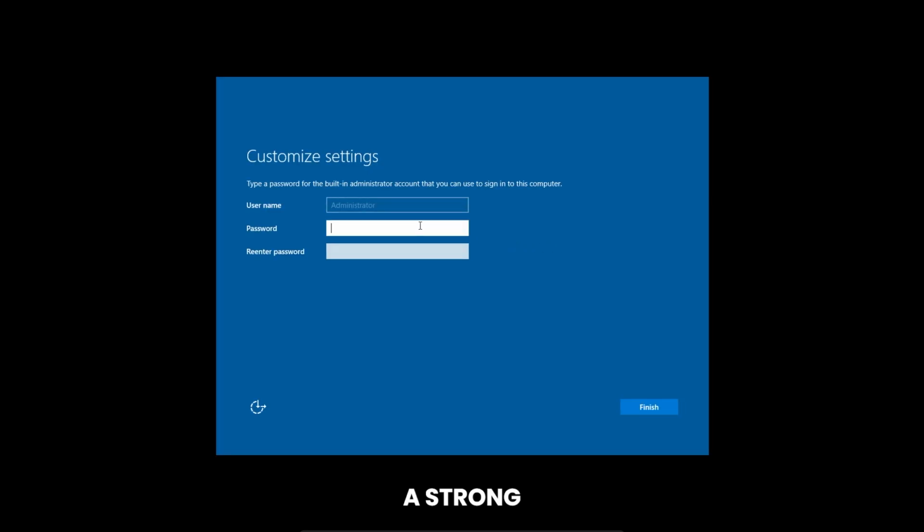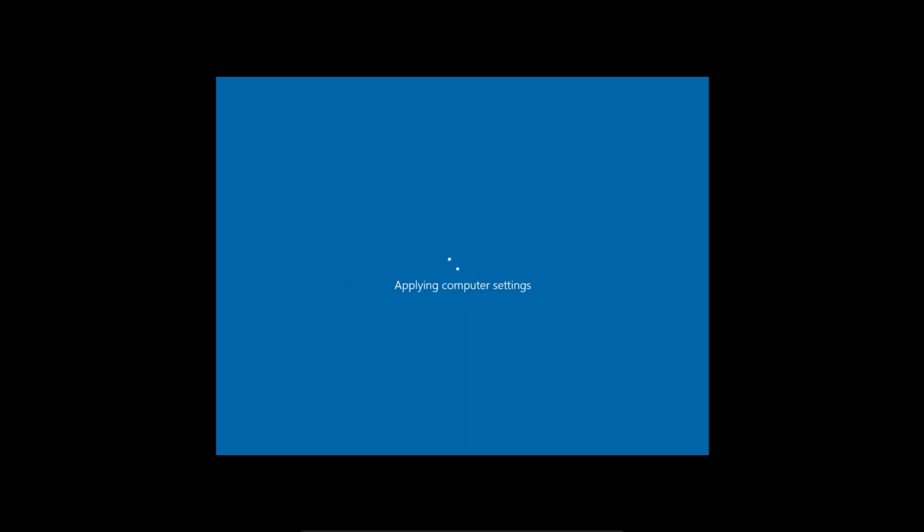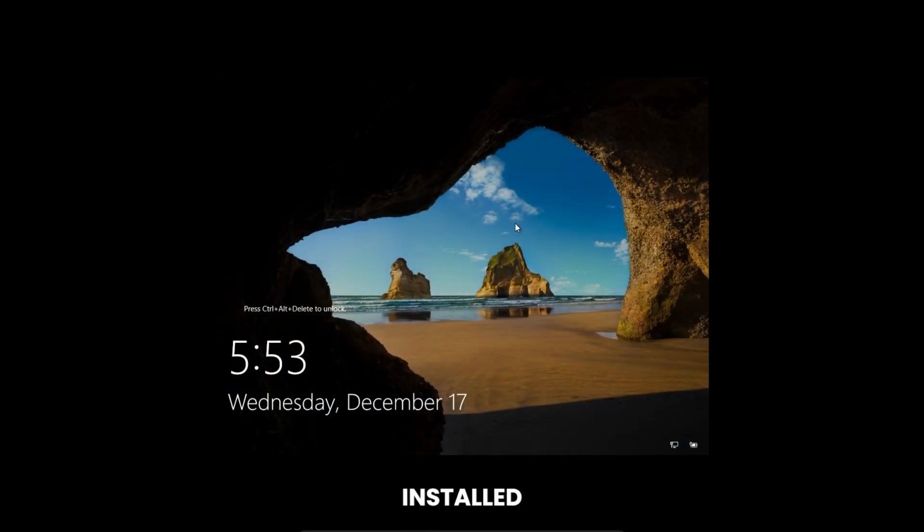Now create a strong password. Click Finish. Now we have successfully installed Windows Server 2022. This says press Ctrl Alt Delete to unlock.